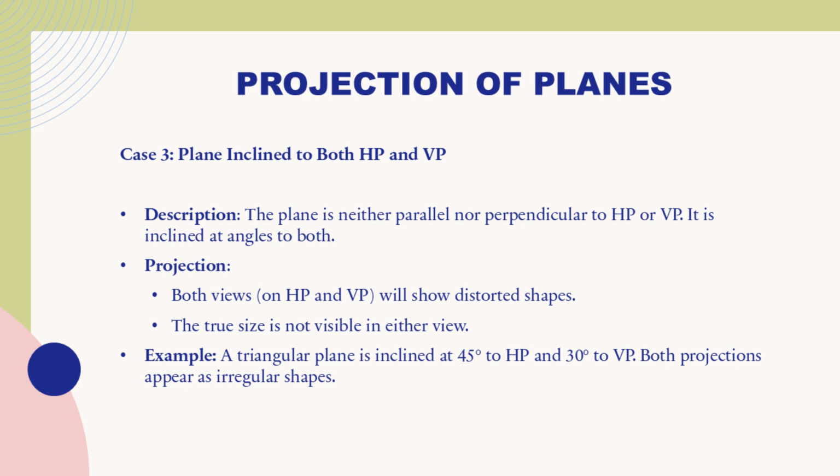This happens because the plane is not parallel or perpendicular to either reference plane, making its true size invisible in both views. This method of projection helps accurately represent complex spatial relationships in engineering drawings, ensuring clear communication and understanding of the